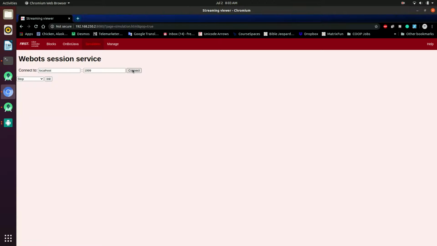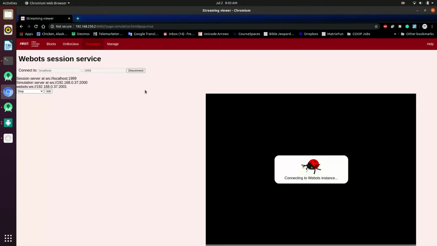When we go to the simulation tab, we can connect to an instance of Weebots. Weebots will be running on the remote server, which means that teams will not need to have a strong computer. This means that this program would work on any laptop with an internet connection, including Chromebooks, which have weaker